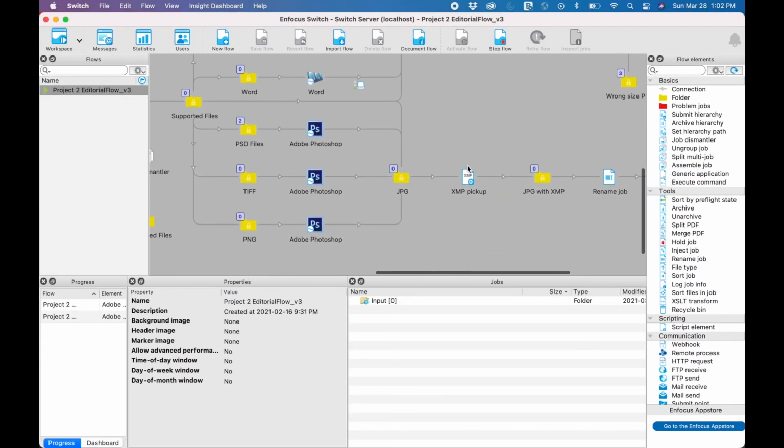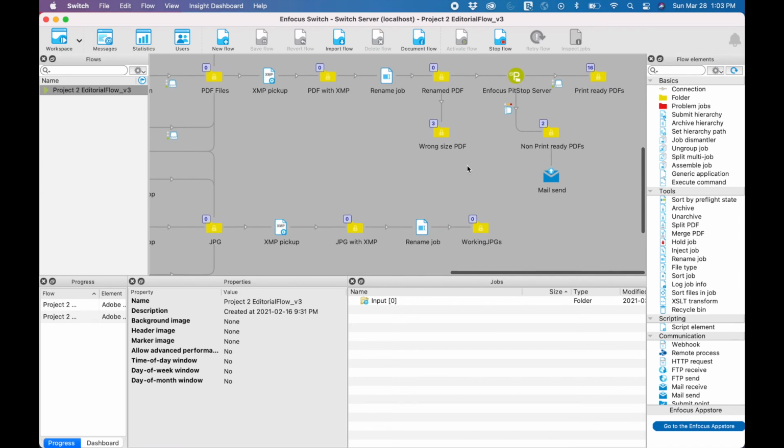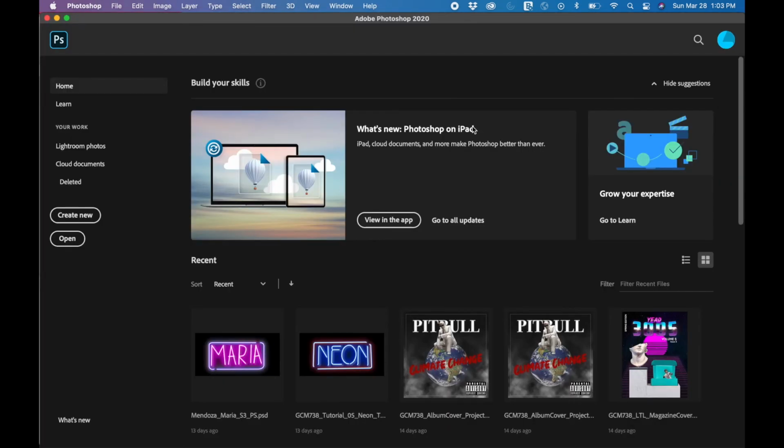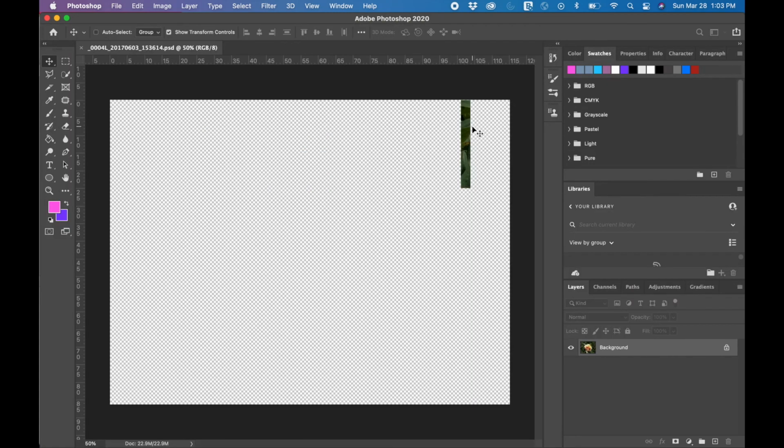And now just back to the workflow, and we can see that the PDFs have gone through the XMP pickup and rename elements, and are now being filtered out as properly set up, or if they were properly set up, then they go through the InFocus pit stop server element where it pre-flights, which essentially removes trailing blank pages or fixes resolution and